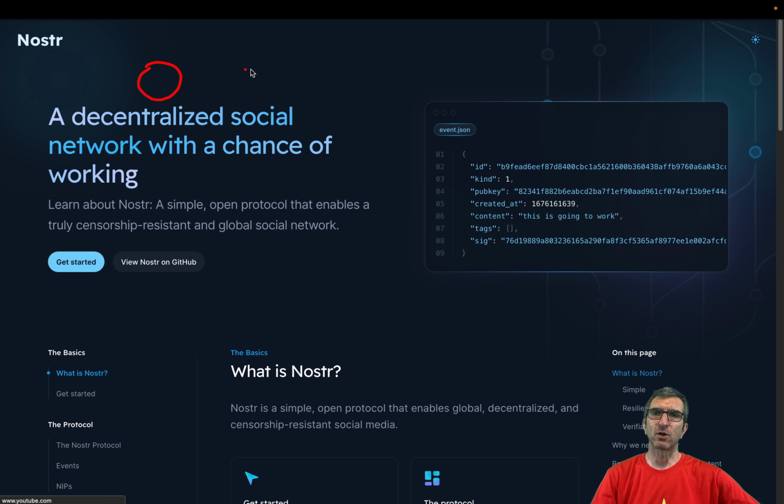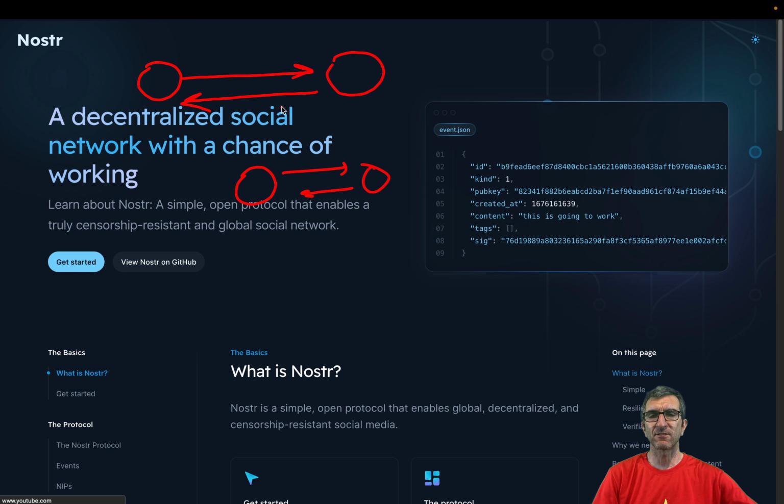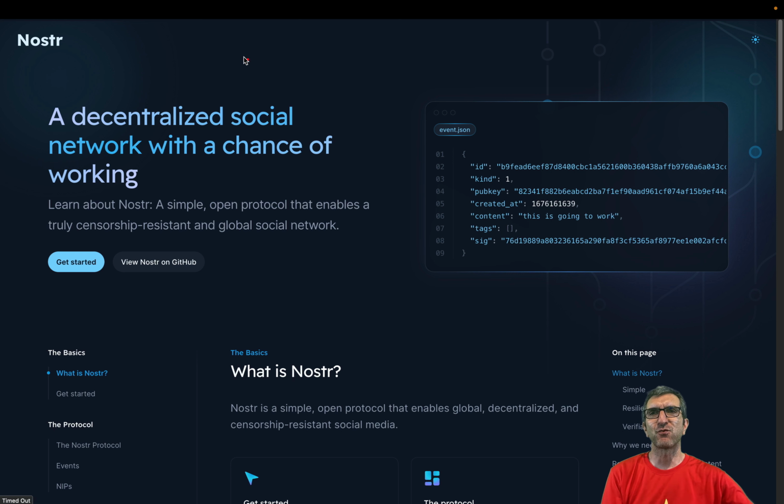You have a node, your client, you speak with a relay, you publish to this relay, and you can also read from this relay. But there are other people, they can work with their own relays. And also, everything is encrypted. I encrypt something with my private key, publish it here with my public key, and you can query public keys. So you can say, I want whatever this public key has published and get it. Relays do not speak with each other. And you don't need to know every single relay to work. I'm not going to describe the protocol. If you want to read it, it's fun.